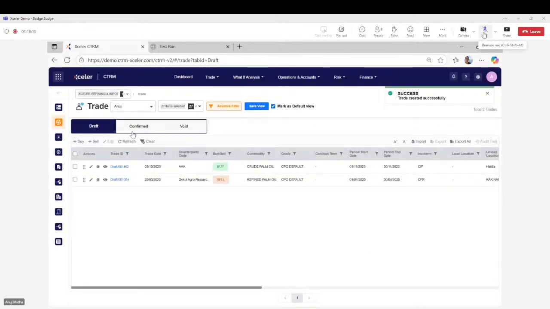Now, I showed you in the masters that we can do an approval matrix. If an approval matrix is defined, then by default it goes to draft. But if you have multiple levels of approval, you can send it